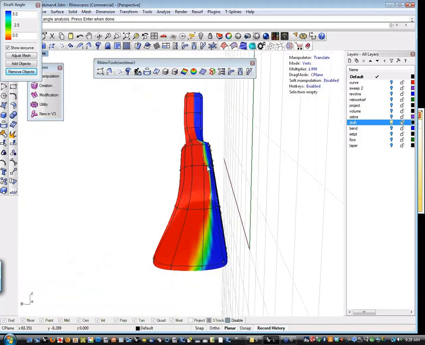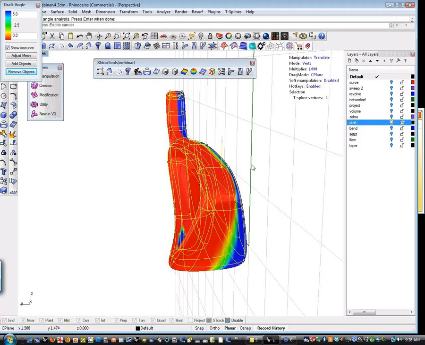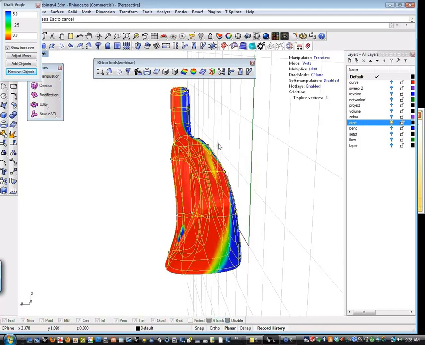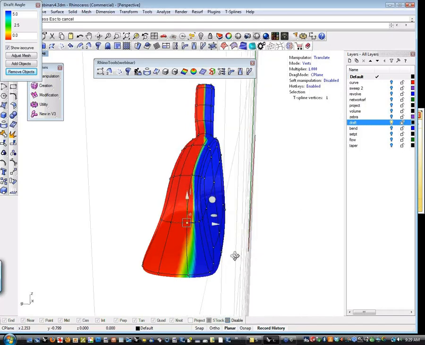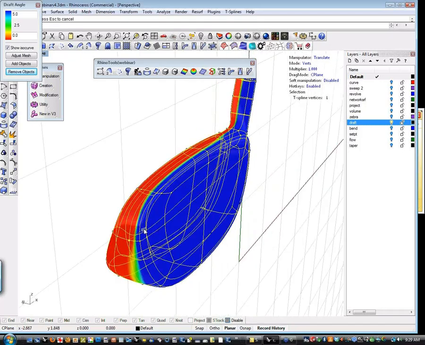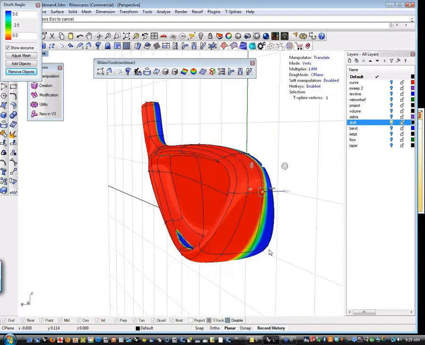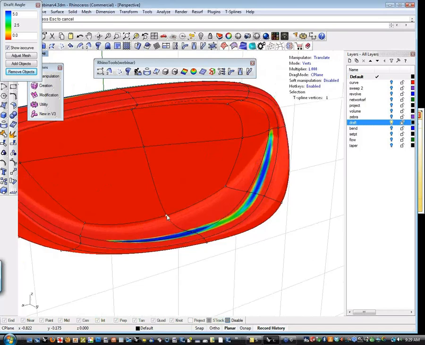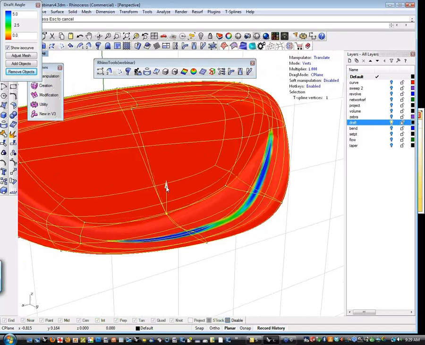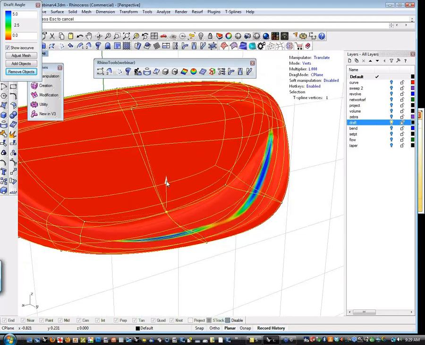I may need to adjust this just a hair. So if I want to pull the parting line back just a little bit, I just drop this guy. Actually, I need to raise it. And you'll notice I can actually move the parting line a little bit to make sure that it's doing what I want. So that's a little better representation of the parting line. And then back here, you'll notice that it's indicating that there's an undercut here. And so what I'm going to do is I'm going to adjust this profile ever so slightly until that undercut